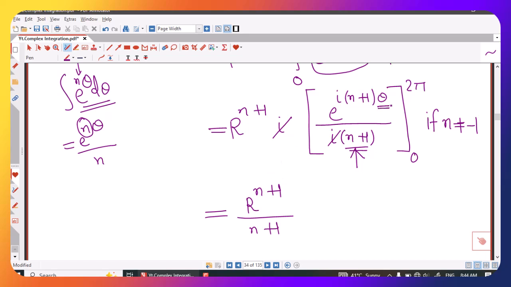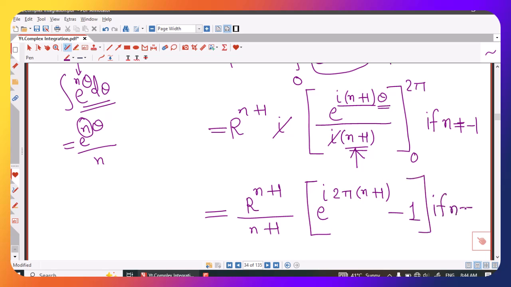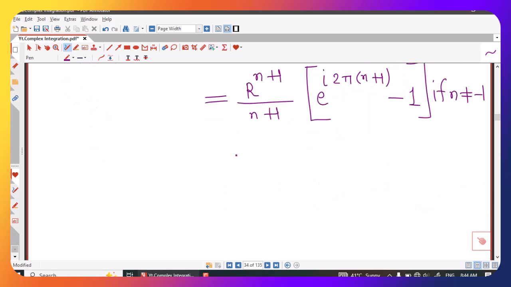Here I put theta equal to 2 pi first, so I have e raised to i into 2 pi into n plus 1, and minus, for theta equal to 0, we have 0 into this, that is e raised to 0, and that we can directly write as 1 also. e raised to 0 is 1, and again this is valid if n is different from minus 1. So now we can simplify this r raised to n plus 1 divided by n plus 1,